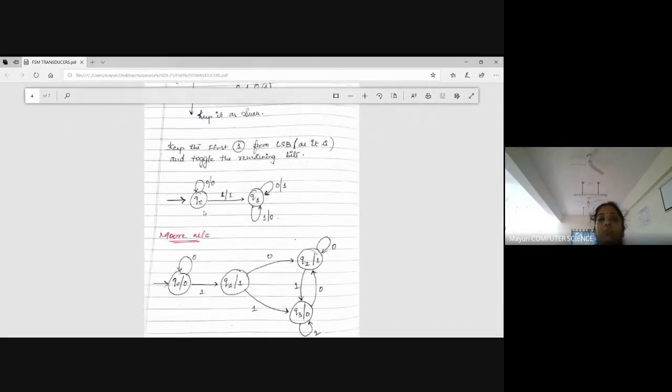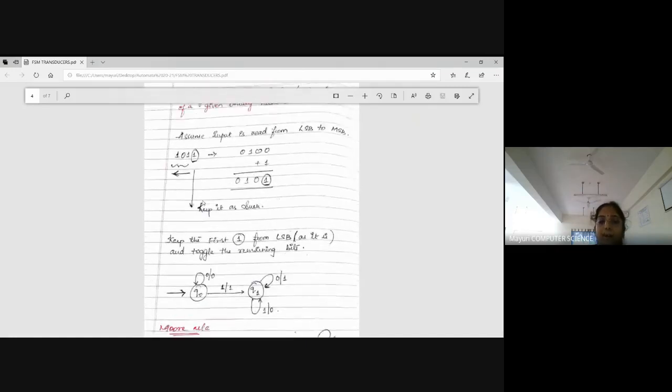You know that in a Mealy machine, the output is not associated with the state; the output is associated with the input, right? So what do you mean? The LSB is the first bit that you read, the 2 power 0th bit. If the first bit is 0, is my output changed? No. If this is 0, here also 0. If this is 1, here also 1. That's what I told you.